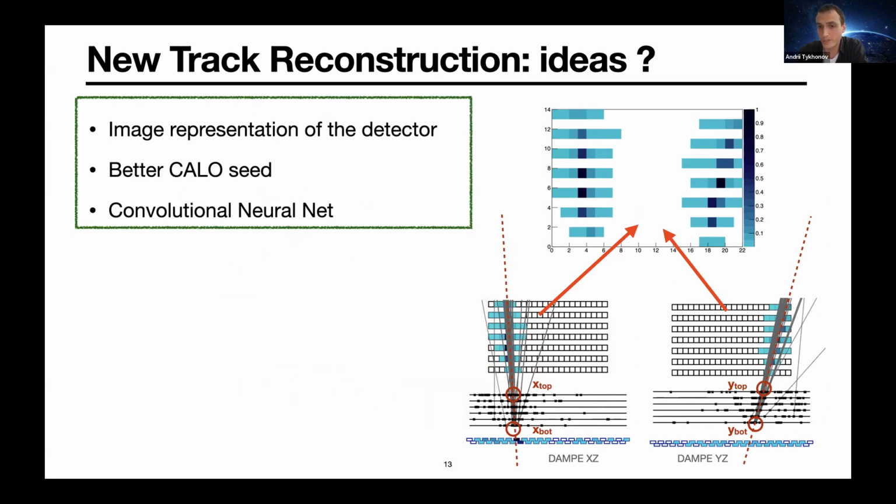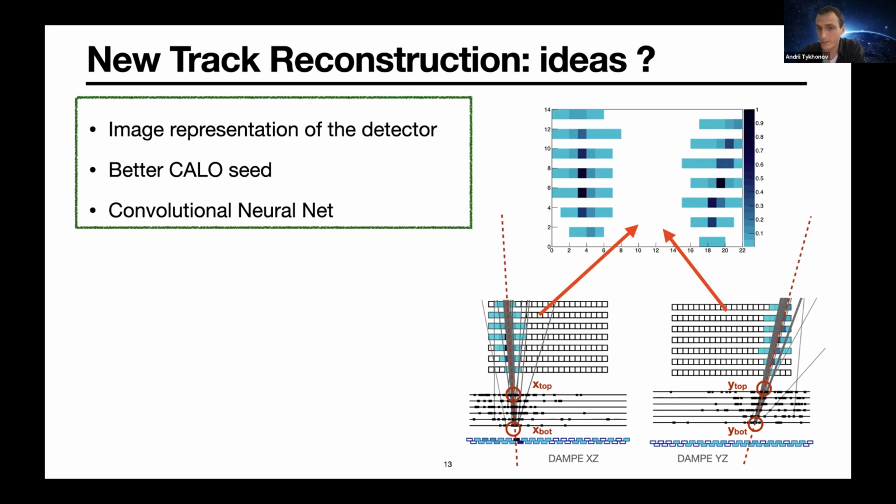So here on the plot, you see XZ and YZ projection. We combine them in a single image. That's why it looks like a passage of two particles. These are just two projections of one particle. We feed this image into a convolutional neural net and ask it to predict 4 variables that you can see on